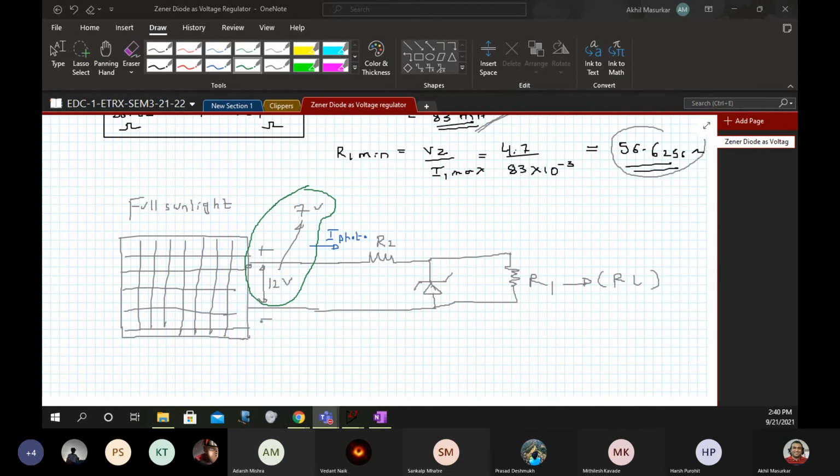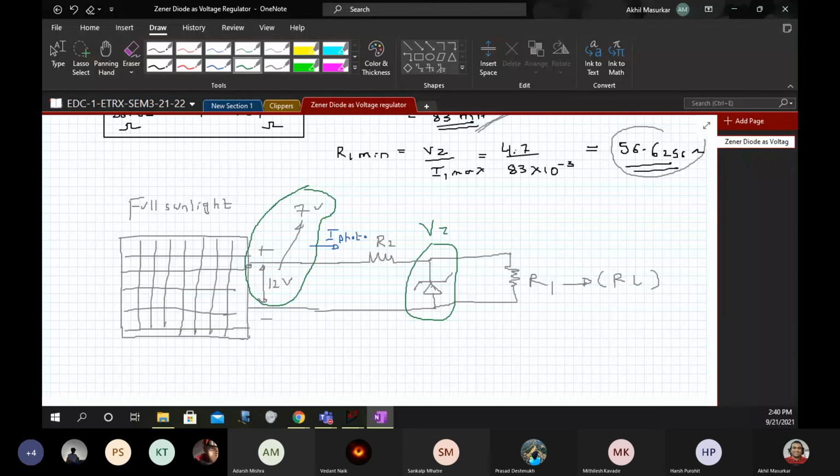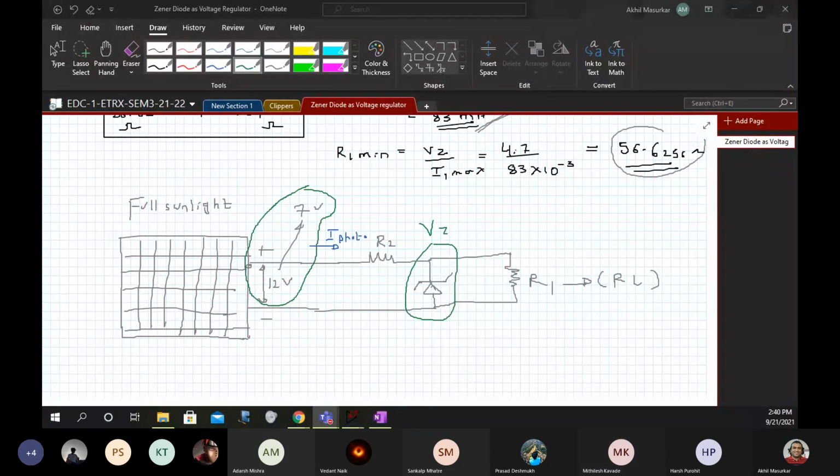So that will cause some voltage variations, but we want that the light or the fan should always glow or should rotate with a constant speed. So with regards to that, we need to do regulation. And who will do regulation? Zener diode. Is that okay? Yes, sir. So I think that's all about Zener.